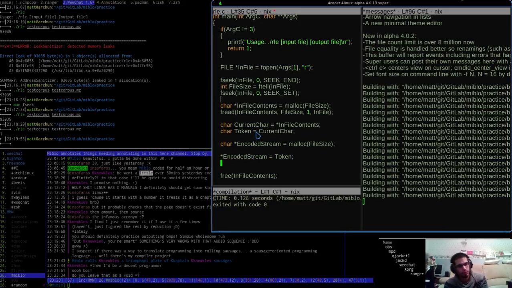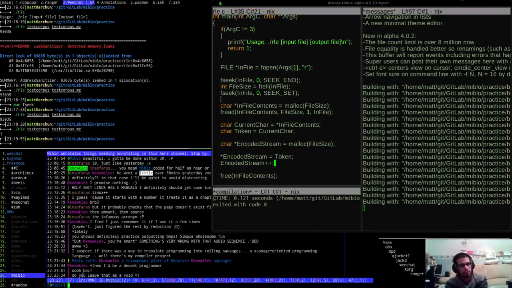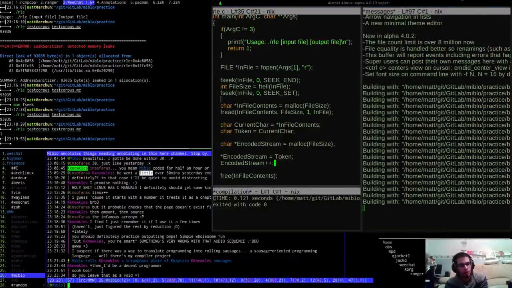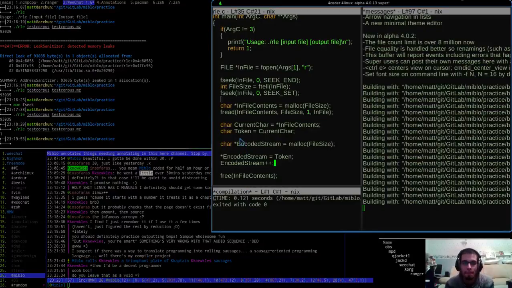And then I think I want to then plus the encoded stream. But this might be completely wrong actually. I'm basically trying to... Did I leave that as a void star? Do I leave it as a void star?